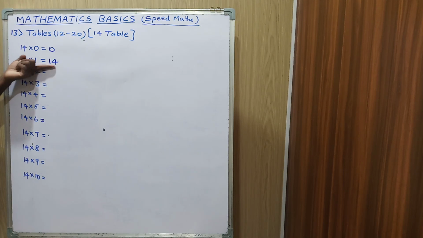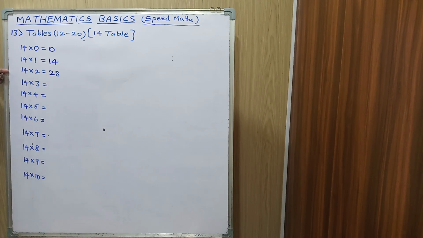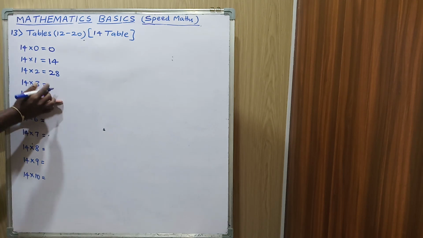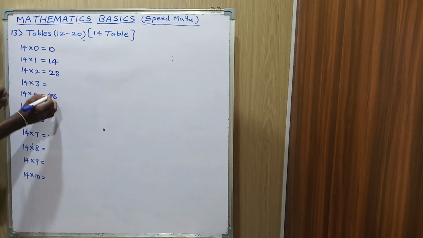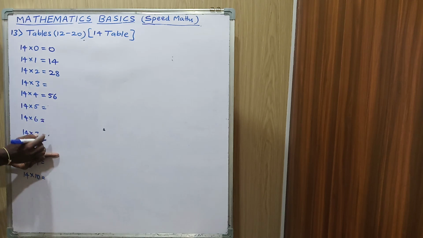If you double the 14 ones answer, then you will get the 14 twos answer. So 14 doubled is 28. If you double the 14 twos answer, then you will get the 14 fours answer. So 28 doubled is 56. If you double the 14 fours answer, then you will get the 14 eights answer. So 56 doubled is